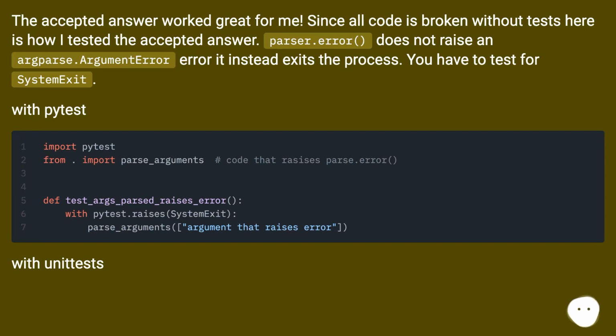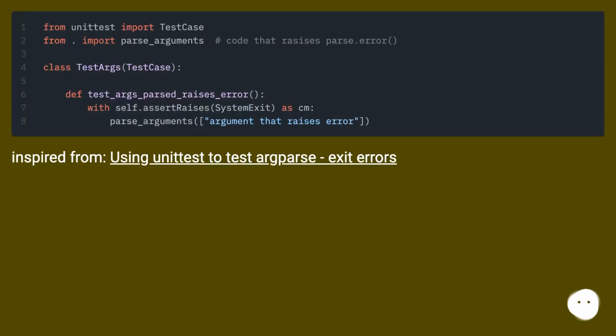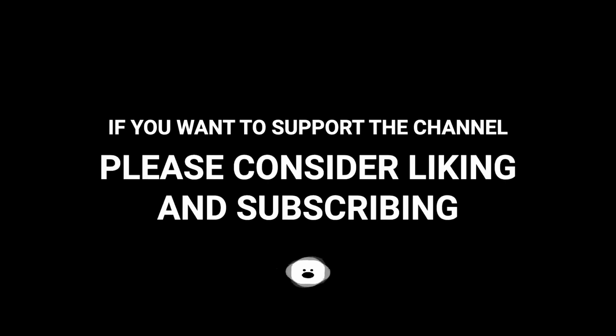With unittest. Inspired from using unittest to test Argparse exit errors. If you want to avoid this one's lacking and